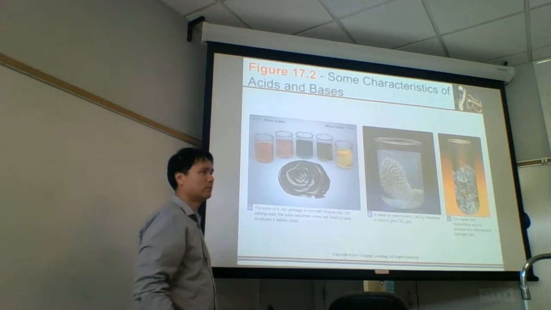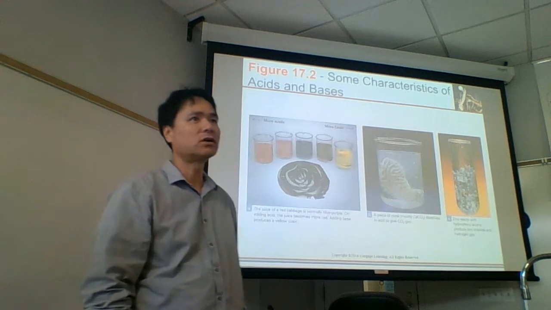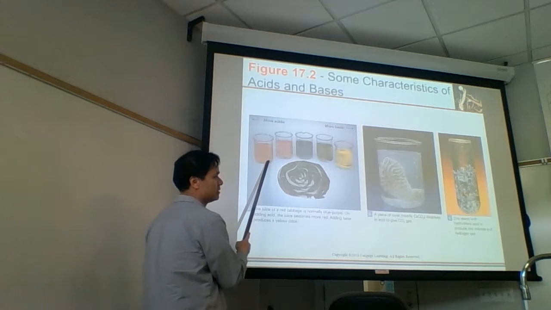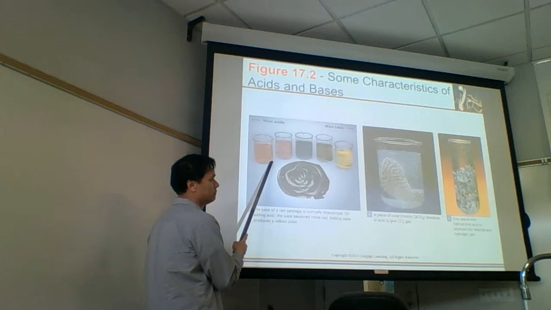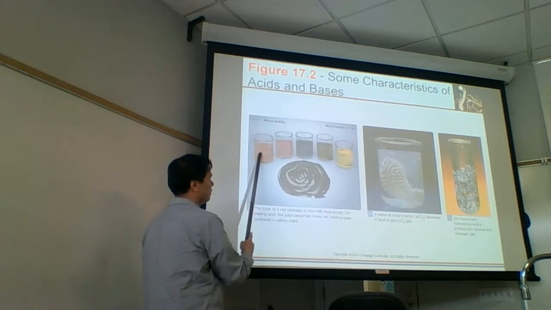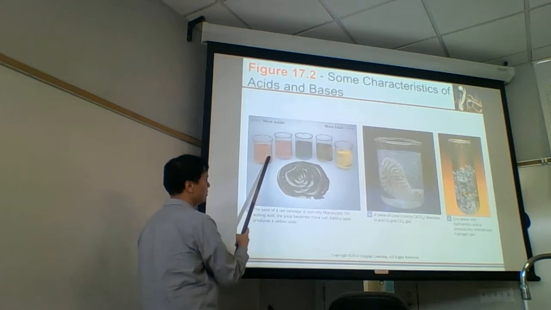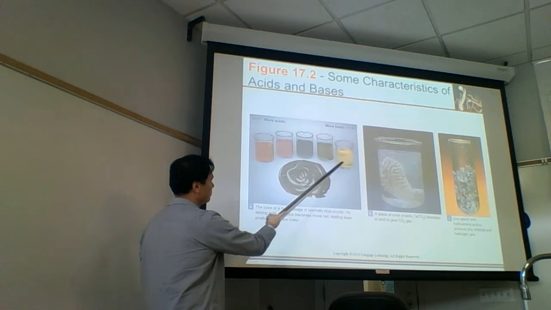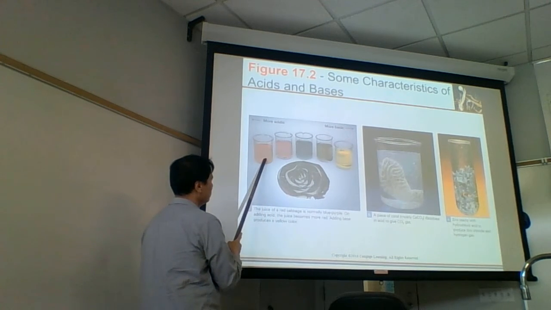But it depends on whether the base or the acid is strong or weak. If you have lots of weak acid, it's not going to be as acidic as lots of strong acid. And so we're going to look at what causes a solution to be more acidic or more basic. This is cabbage here. The color of the cabbage extract